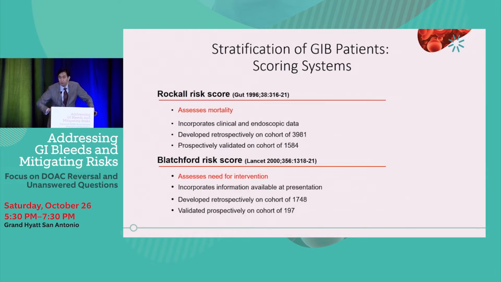So to risk stratify the patients, there have been several attempts of developing a risk scoring system, and 2 of them were developed from the European societies where medicine is socialized and rationed to much extent. One is the Rockall scoring system, which was created to assess the mortality, which incorporates both clinical as well as endoscopic data. The other one is the Glasgow-Blatchford score, which again was published recently around a similar time, but this actually assessed the need for intervention, namely the hospitalization and doing the endoscopy.